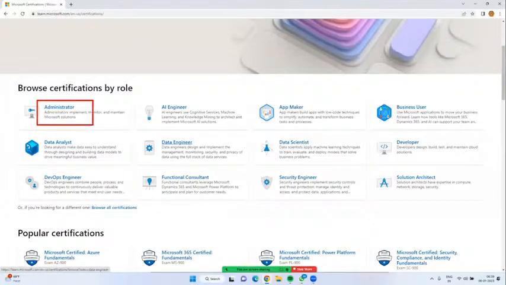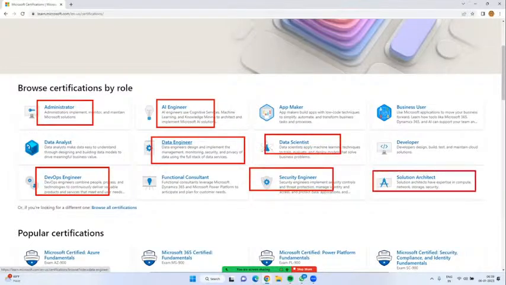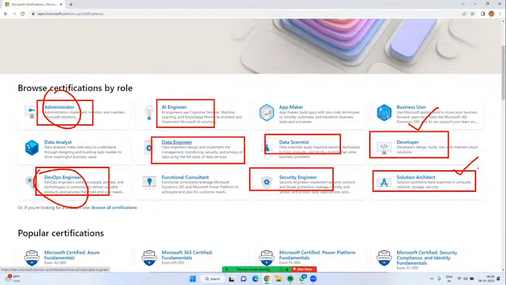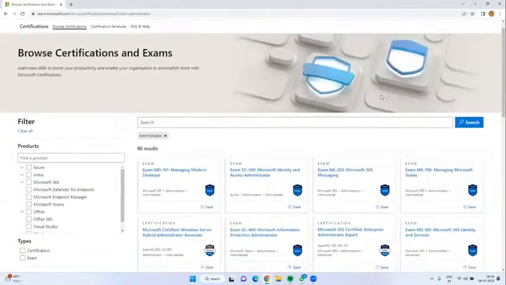We have administrator, artificial intelligence, DevOps engineer, data engineer, data scientist, security engineer, solution architect, and developer. I am looking for administrator with DevOps. Same way we have developer and solution architect. Now just go for administrator.